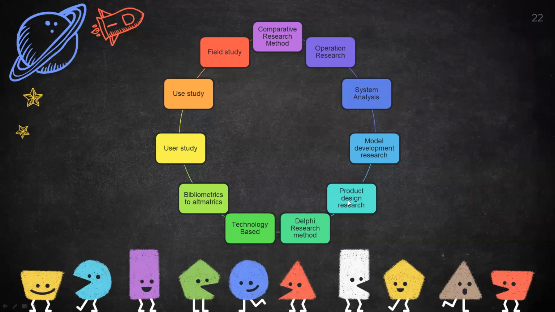Product design research means that based on some laws and principles, we can make one product, and then we can develop some product with the help of various tools. These tools are required for carrying out a particular activity. For example, in product design research you are also developing a model, but